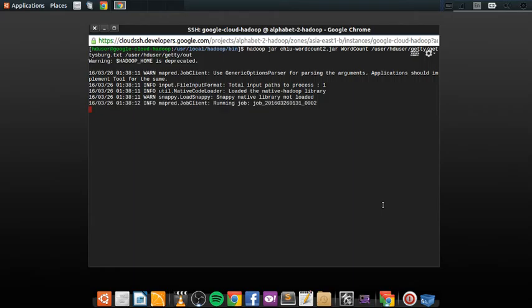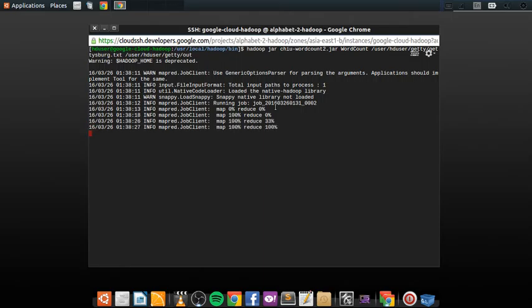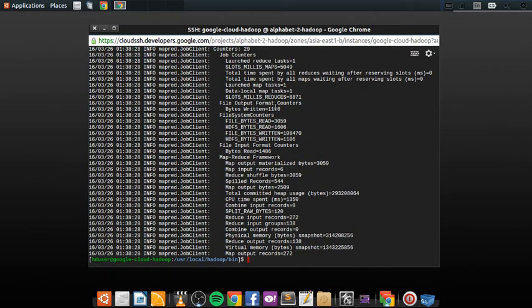Home is deprecated. Look, map 0%, reduce 0%. It's running. Maps 100%. Reduce 0%. Come on. 33%, 100%. Houston, we have liftoff. Okay. So the next thing to do would be to